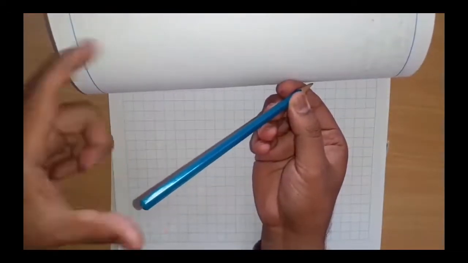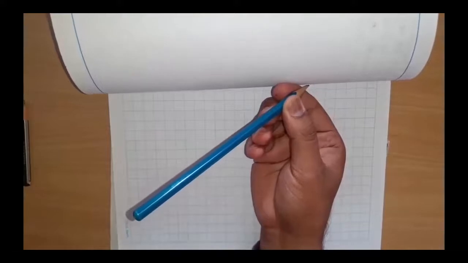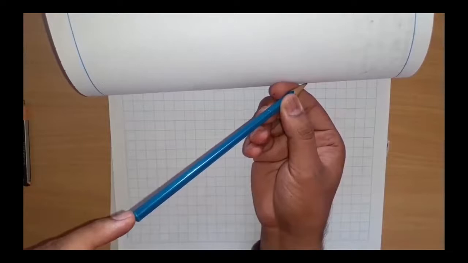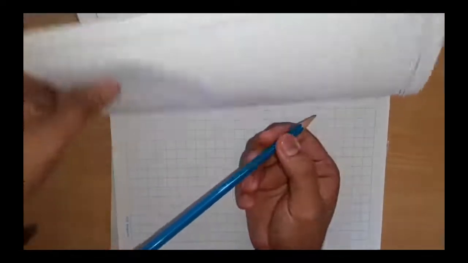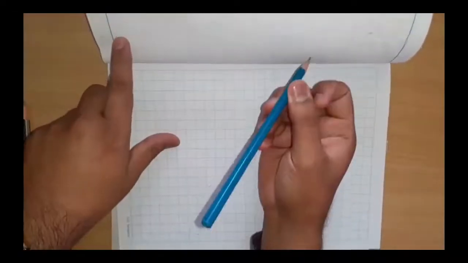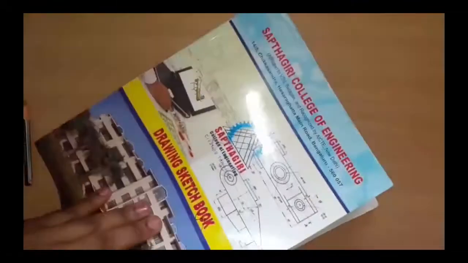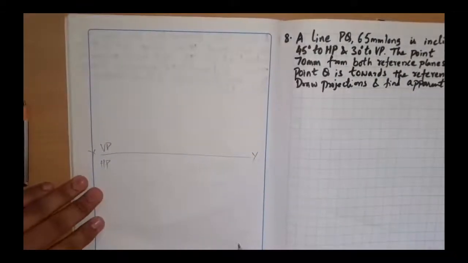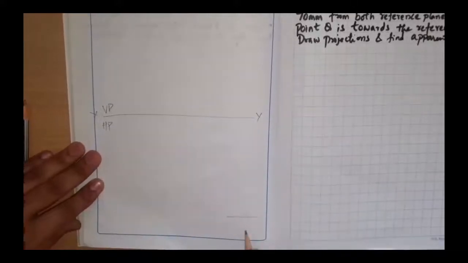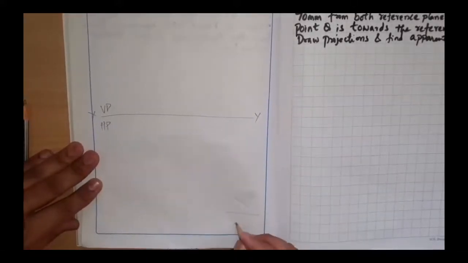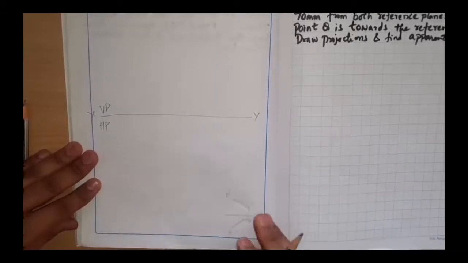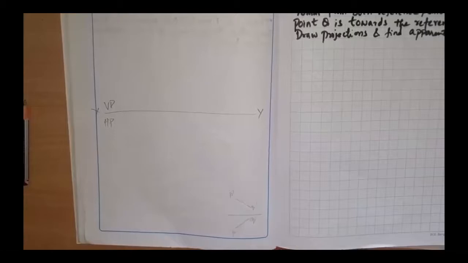This distance is 70 mm, and this distance from VP is 70 mm. P is at a distance of 70 mm from the vertical plane and 70 mm above the horizontal plane. And Q, I don't know where it is. I don't know the exact position where it is. It is nearer to both the reference planes. So in this condition, when you draw the front and top view, I'll draw a rough figure here. Just draw an XY line. So the front and top views will be P dash, Q dash, and P and Q. Are you able to get it?